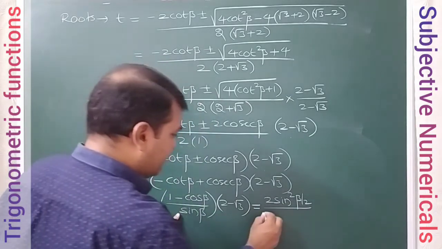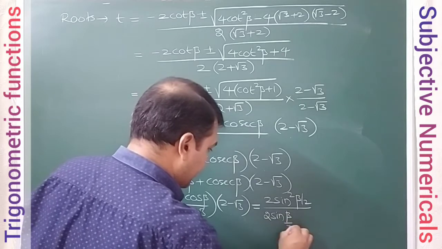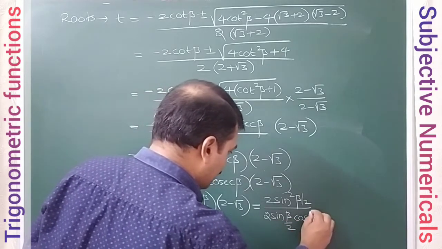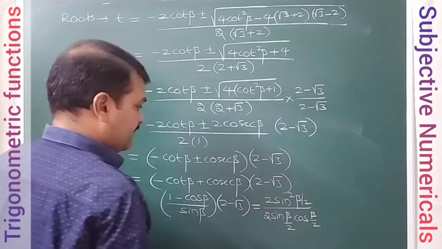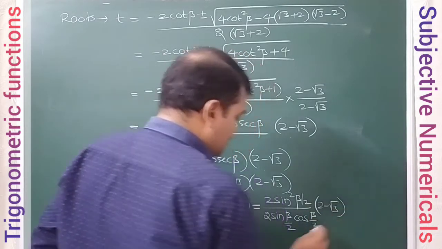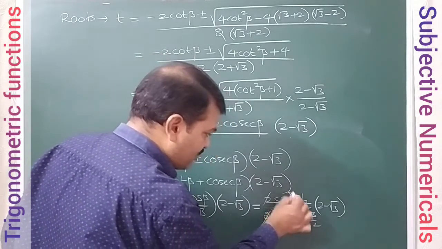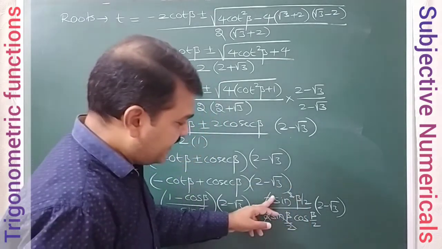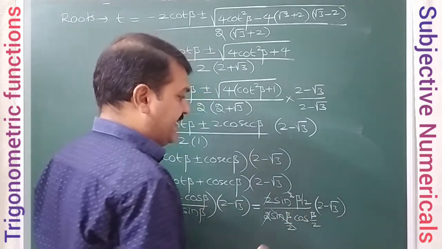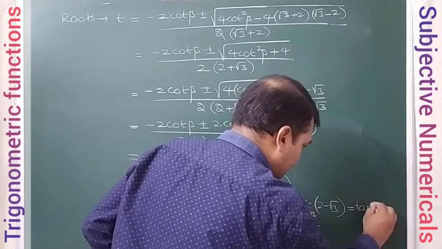And sin beta formula you can write as 2 sin beta by 2 cos beta by 2, into 2 minus root 3, of course. So on simplification, this sin beta by 2 and square cancel. So sin beta by 2 by cos beta by 2 means you can write tan beta by 2,